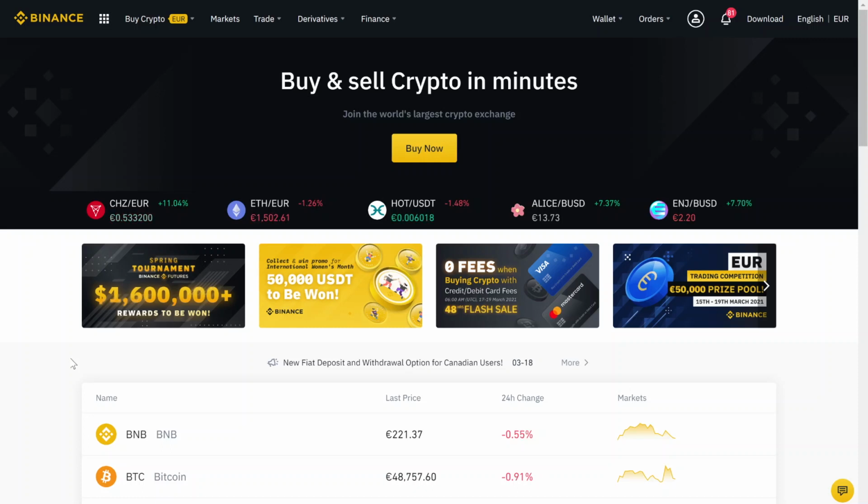Here I want to show you step by step how to buy the cryptocurrency Filecoin. This we're gonna do on the crypto exchange Binance. Binance is the biggest crypto exchange in the world right now and also has the lowest trading fees of only